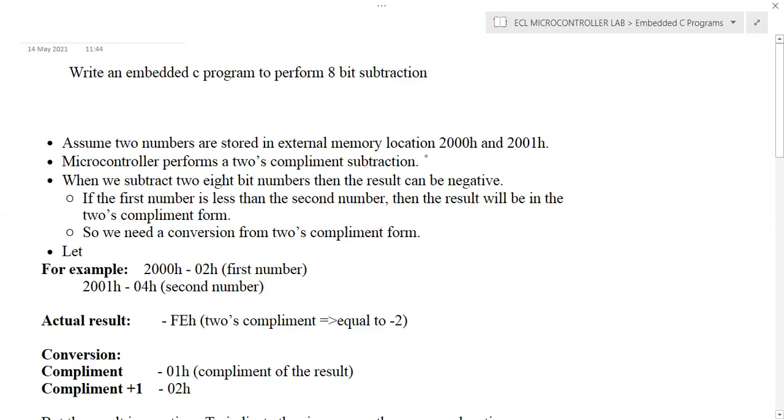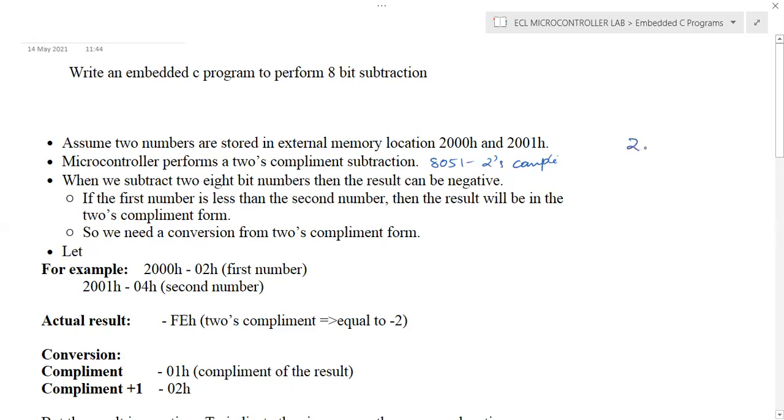One thing is very important: when you perform a subtraction operation, the 8051 performs 2's complement subtraction. That's very important in the 8051 and in most microcontrollers. When you use the subtraction instruction, microcontrollers perform 2's complement subtraction. If we subtract two 8-bit numbers, the result can be negative.